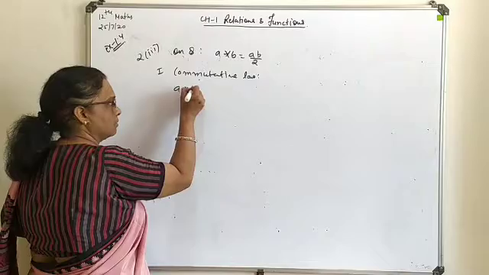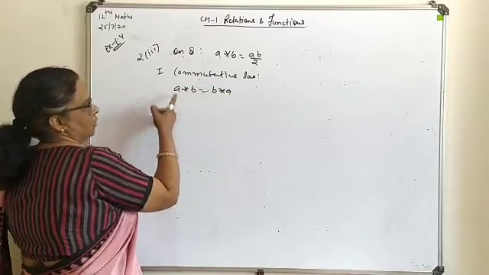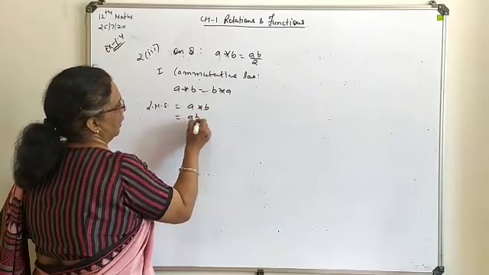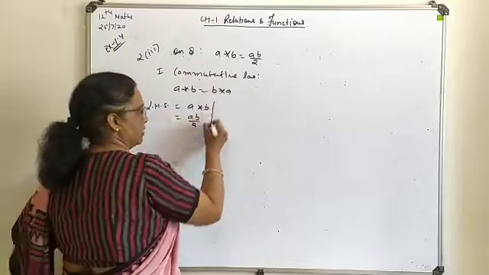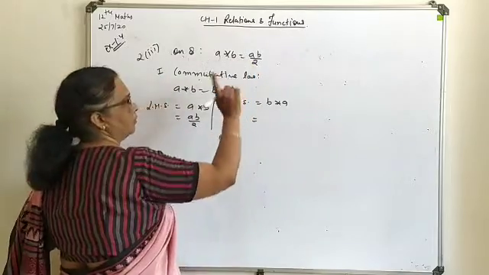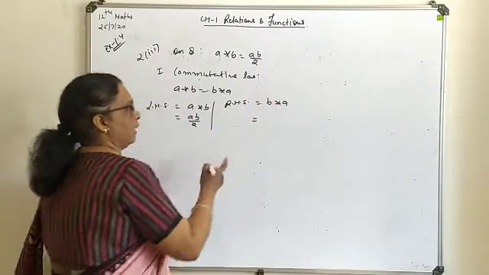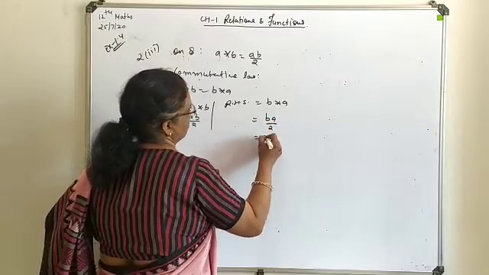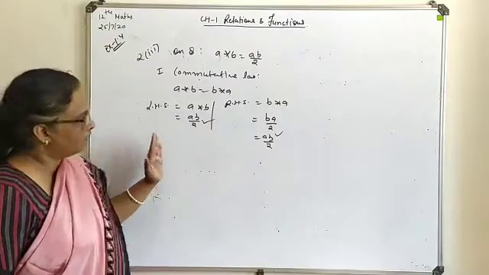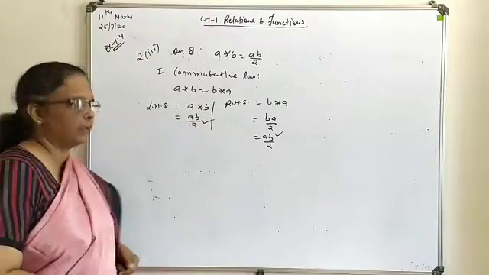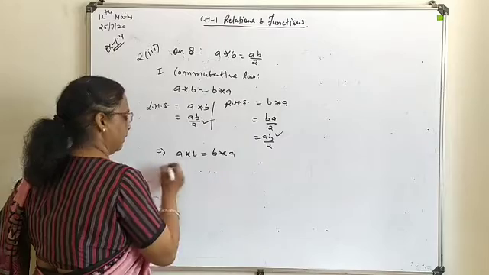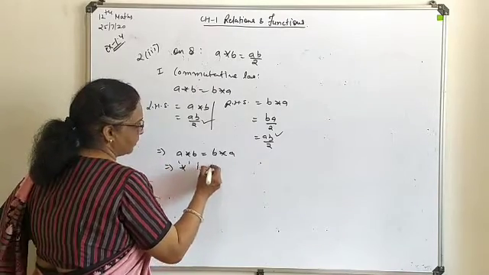Means you will check this one. So let's pick up the left hand side. A star B, what are you getting here? AB by 2. Go for the right hand side, B star A. It doesn't matter whether you write this as A into B or B into A, it will give you the same answer form, the same as AB upon 2. Here you can see these two give the same answer even though we have interchanged the positions of A and B. So here you can say A star B is the same as B star A. That means your binary operation is commutative.